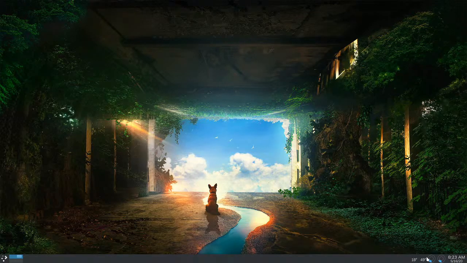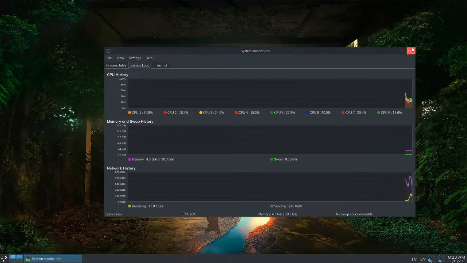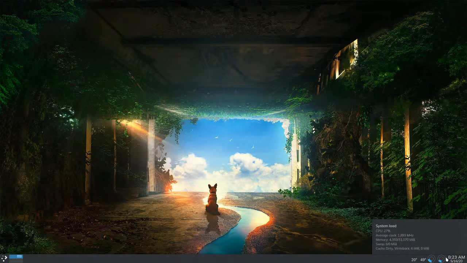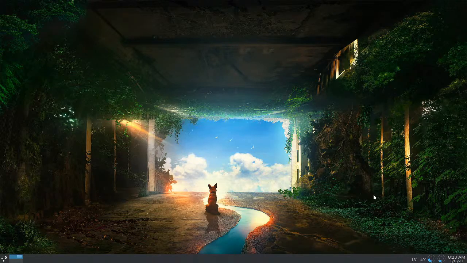All right, so this basically just opens KSysGuard, but it shows my CPU use, like system load aggregate, and the memory usage, which is really cool if I'm playing a game or I'm doing something here. I can just look over to this other monitor and get a very quick peek at what's going on.